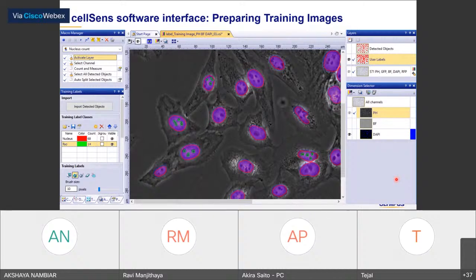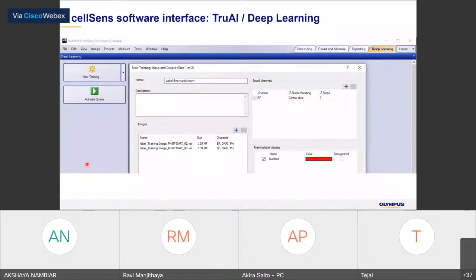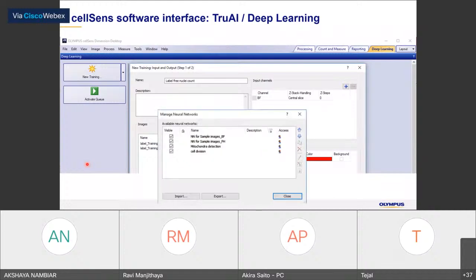So I'll cover this one by using our software later. I have a software in my PC so that I can show you how our training will work. But anyway, we need to have some kind of training label to identify what kind of objects they are, and then give that to the neural network training.